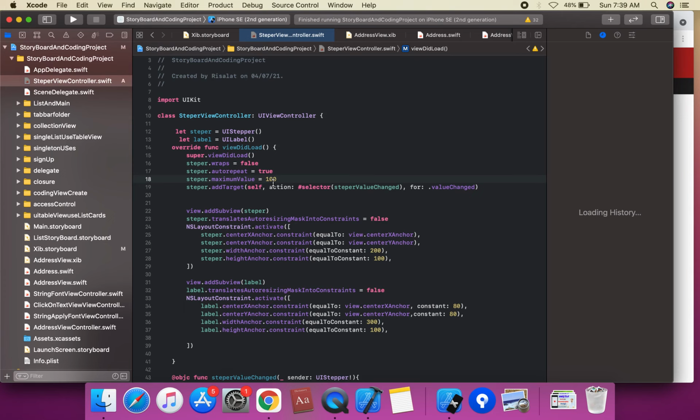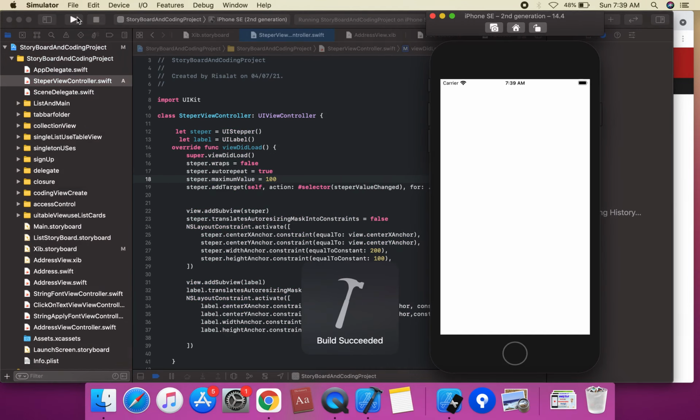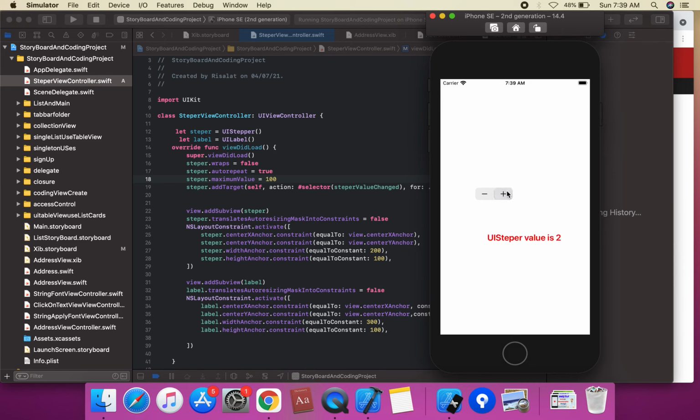Okay, so thank you for watching. We can enjoy learning about UIStepper in UIKit, a UIStepper in UIKit tutorial. We apply the plus, and the stepper values go 4, 5, 8, 9, 10, 11, 12.